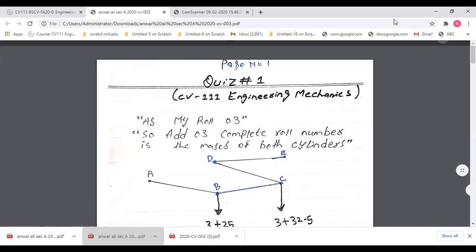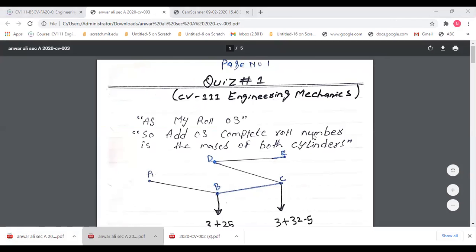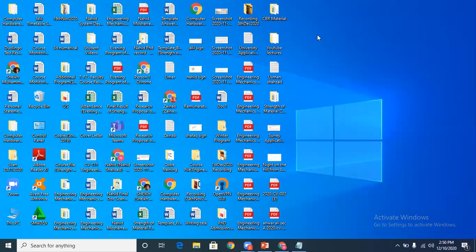Let me show you again. I am going to the new share and I am going to show you my desktop. How can I share my desktop? Let me show you new share, and for example I want to show this. Then I come back to my desktop screen and it gets shared to you. Now you can see it's a copy of Anwar Ali, whatever the section and whatever the batch is, you can see on my desktop.